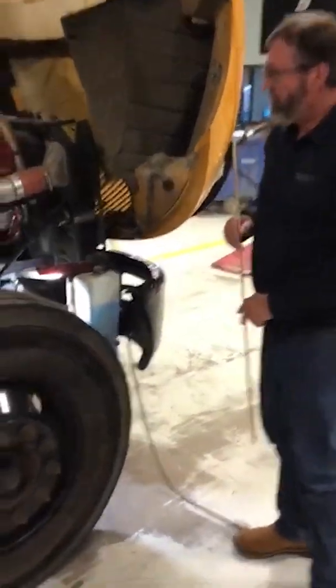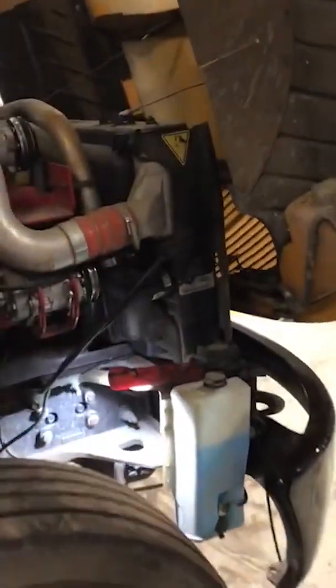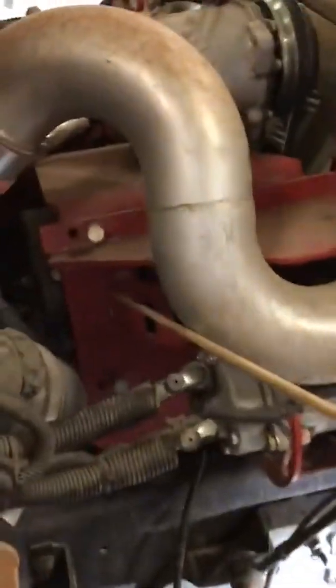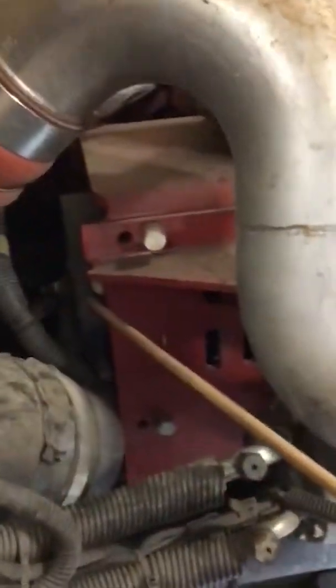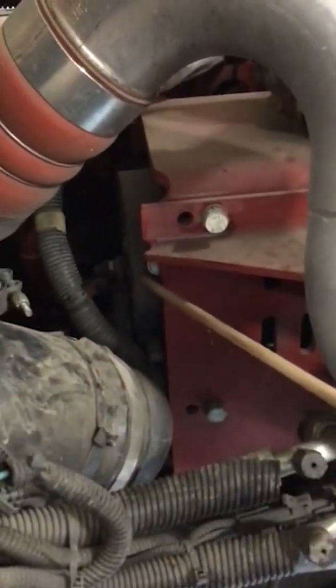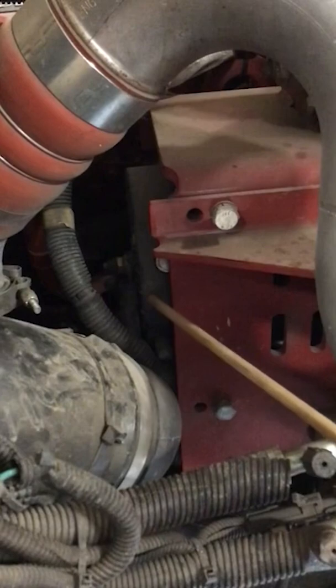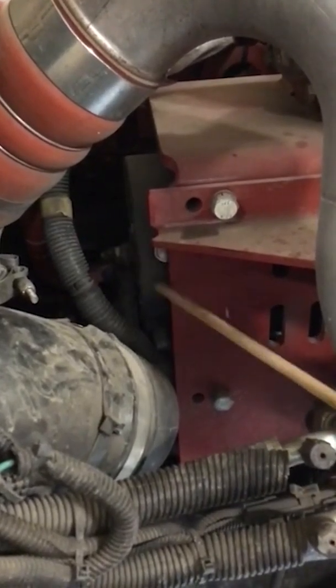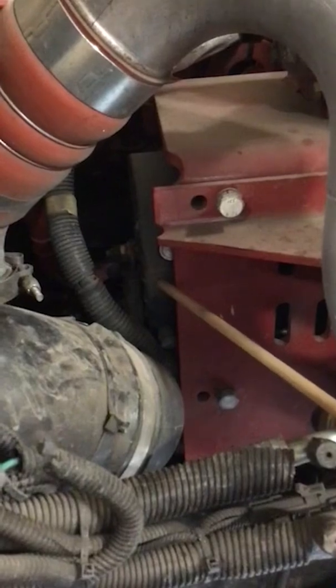Our alternator on this bus, be sure you check with your bus mechanic to make sure that you know exactly where all these items are. But on this particular bus, it's back behind this plate right here. And you can see the back side of it, and you would want to point that to the examiner and tell him that it is a belt-driven alternator. Also on the alternator, we want to make sure that our connections are tight, there's no missing bolts or parts,